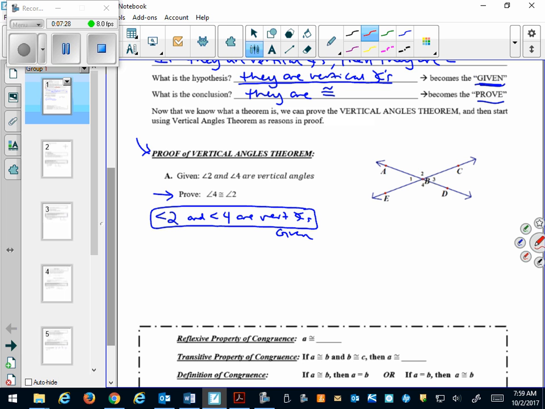What else? So we have 1 and 2. We have 3 and 4. Are there other linear pairs? Okay, 1 and 4 and 2 and 3. So it's going to be helpful for us to use